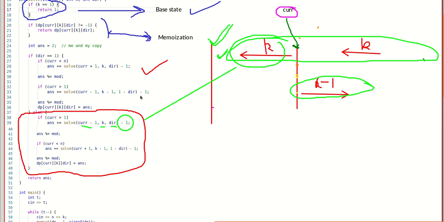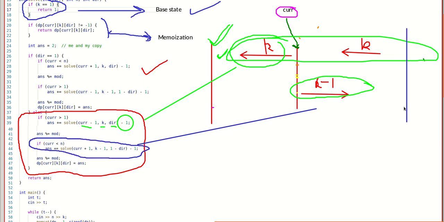And coming to the second one, I am talking about this one. So if current is less than n, and we also took mod as we already know, that is, it is not the last plane, then what we are doing here is that it will strike over here, right? Current plus 1, k minus 1. Why? Because this is the produced particle, so k decay will decrease by 1, and direction is also opposite. It was initially moving left, now it is moving right, so direction is also opposite. And this minus 1 you already know why it is there, right? So this is the thing. And here again we are taking mod for our limit issues.